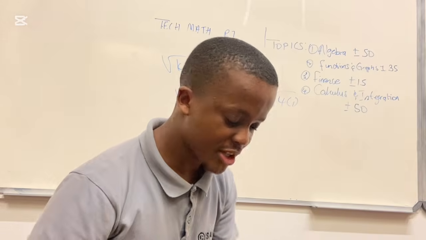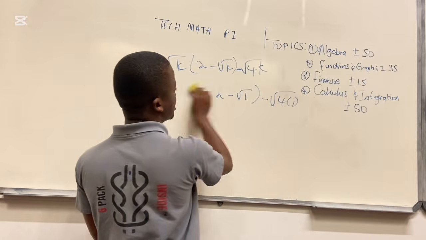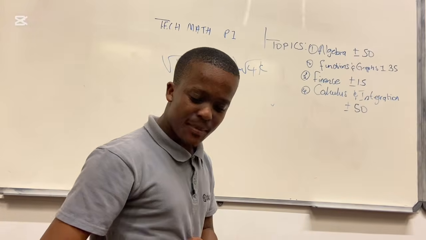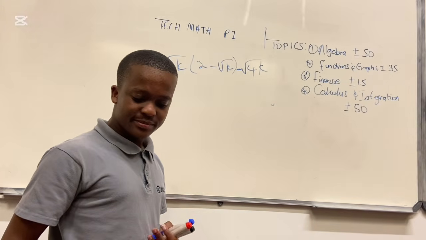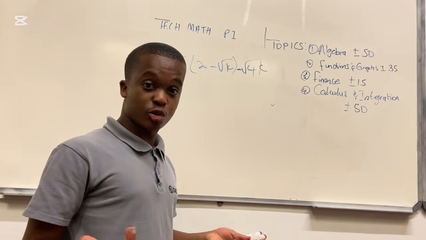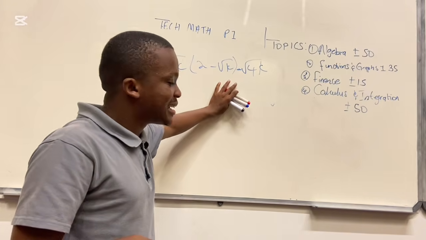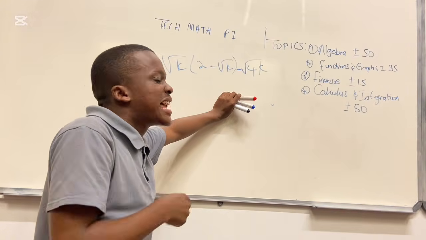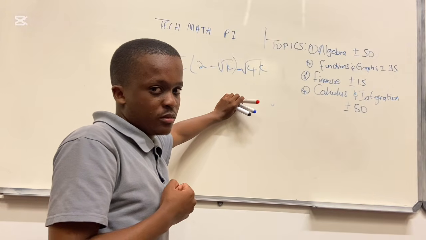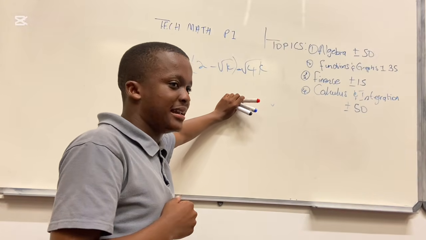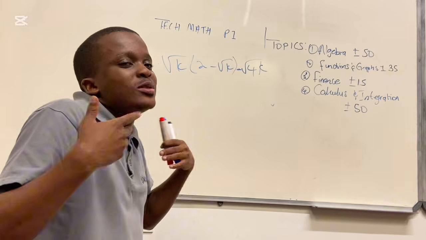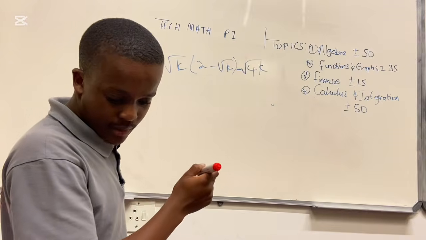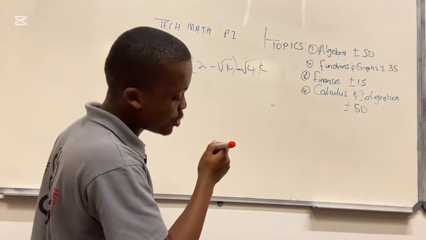So that is the answer to the question. I just wanted to show you that whenever they say simplify, they want you to simplify without using a calculator, but you can use the calculator with a substituted value to check your answer. But in this case, we are just using sets. Let's go. This is a 3 marks question.